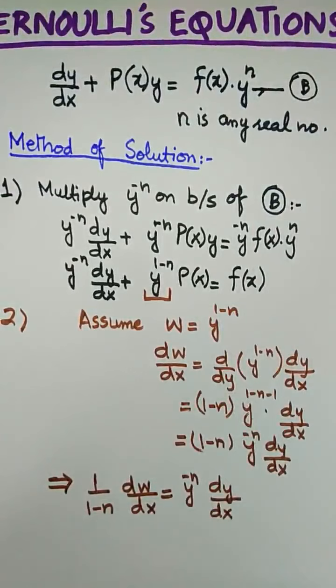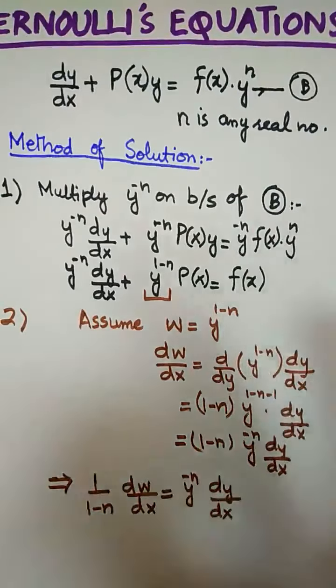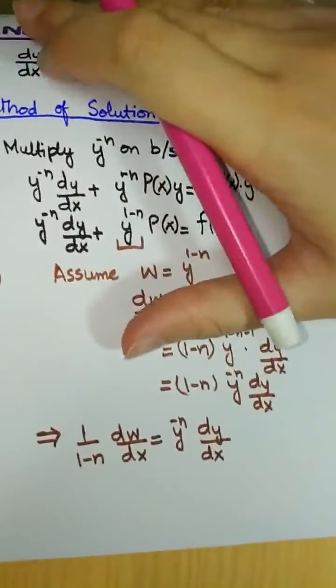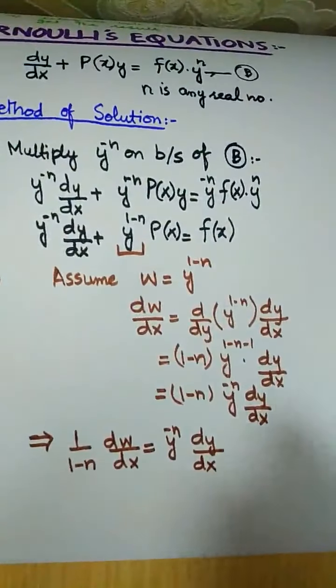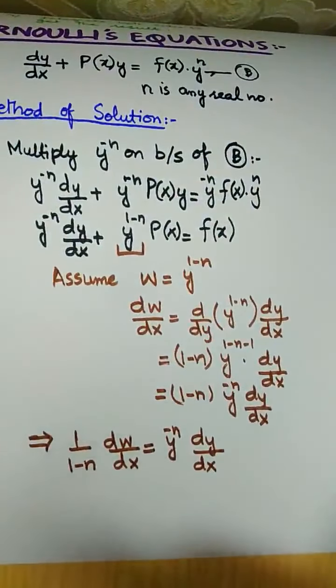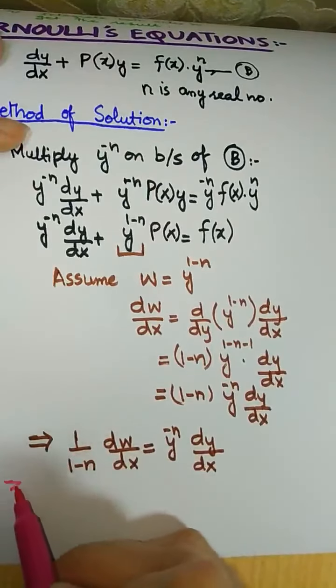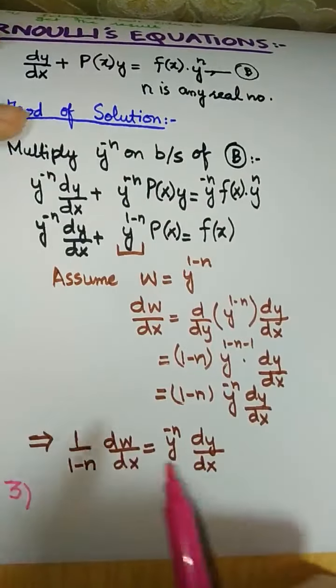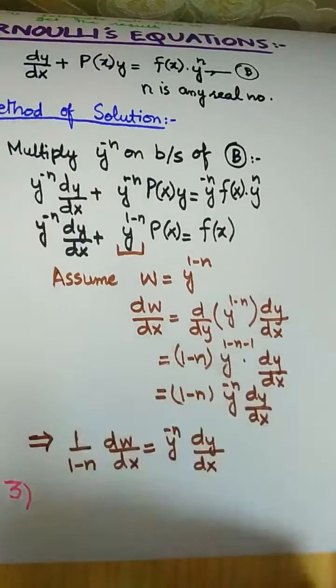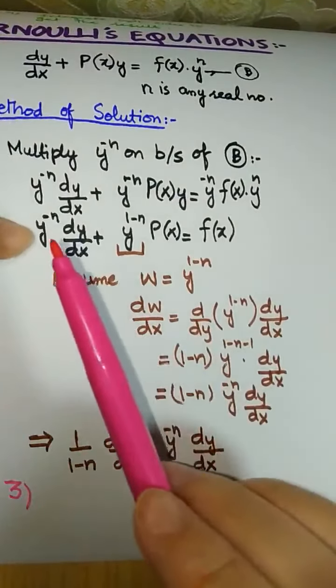Okay, in step number 3, now we are removing y and converting this equation completely in terms of w. So in step number 3, what we are going to do, we are eliminating y. So in this first form,